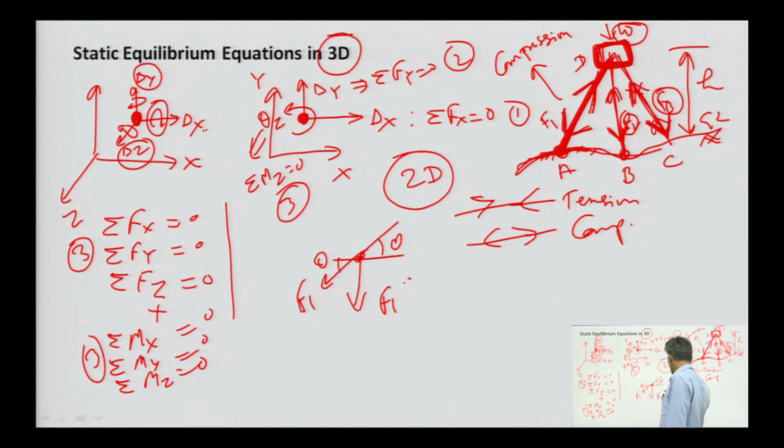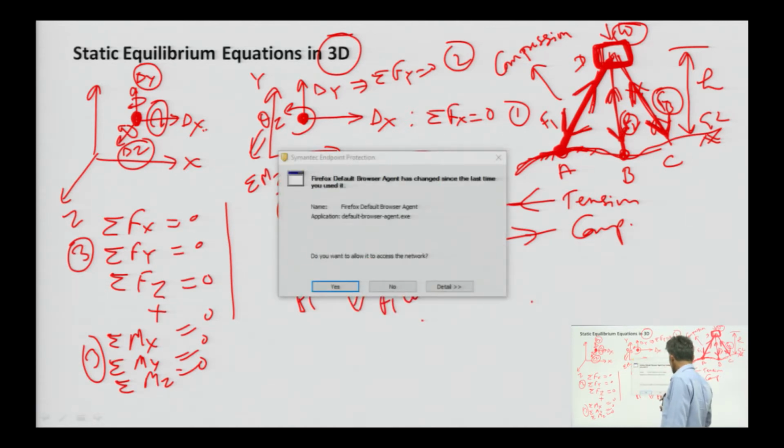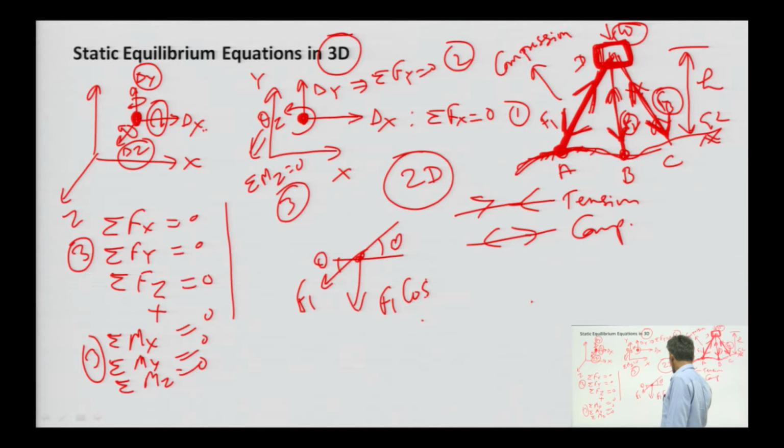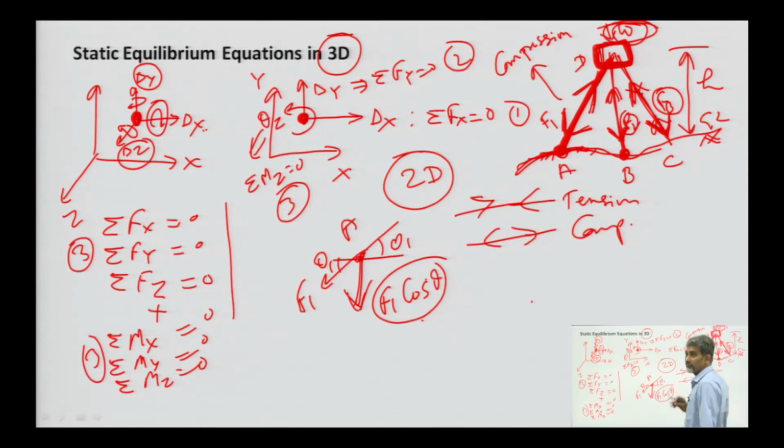So, F1 cos theta. Okay. So, this one vertical pressure here, similarly at point A, similarly at point B, vertical pressure F2 cos theta 2, if this is theta 1, say theta 2, F1 cos theta 1, and here F3 cos theta 3, the summation will be equal to that. Okay. So, that load is being transferred to the earth. So, this is the one case in 3D.